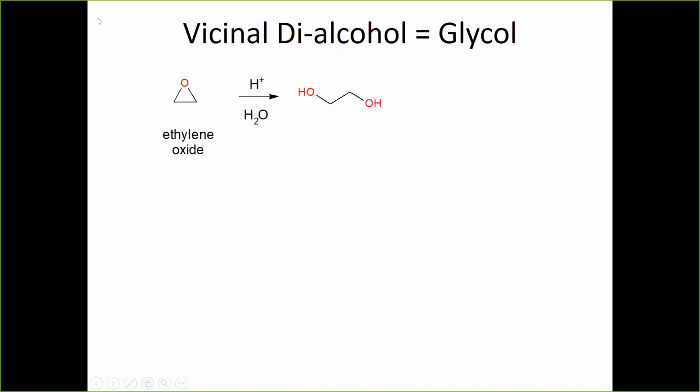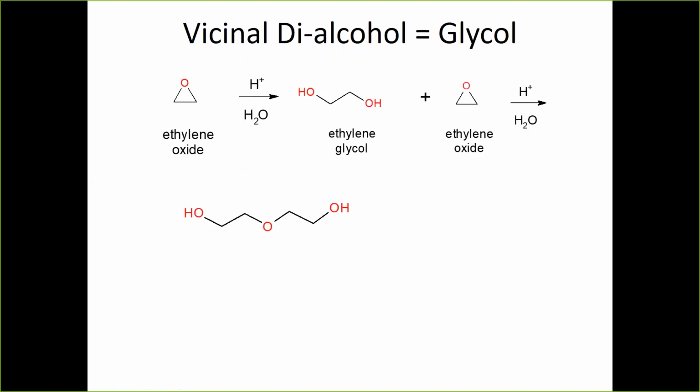All right, and I've already mentioned glycols. So we talked about ethylene glycol in particular. So here you see, again, the same that I showed you before, where you start with ethylene oxide and you open it up using acidic water to get the ethylene glycol. And you can actually keep going on and on with this. So say we add a second ethylene oxide and we form the structure shown at the bottom there. That is diethylene glycol, which is also a toxic alcohol.